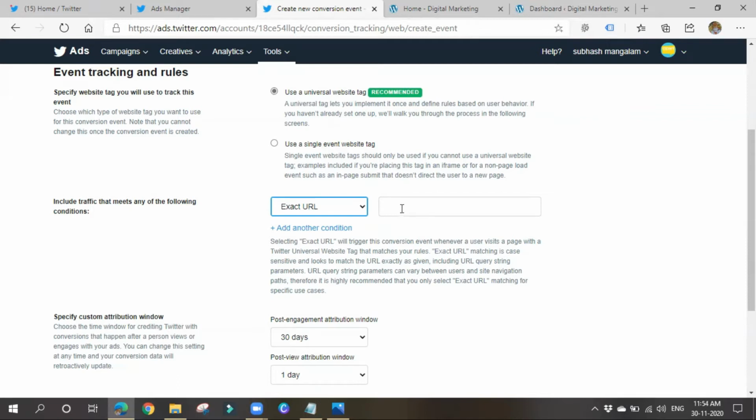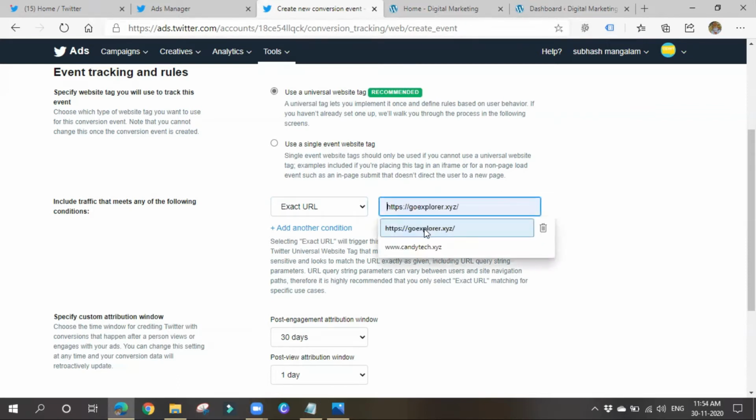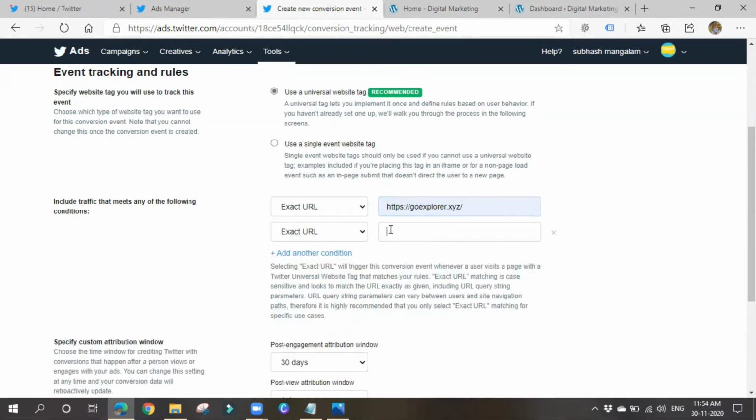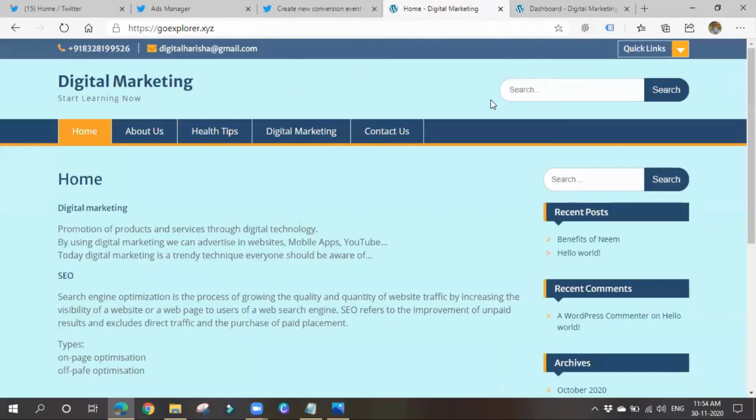So I want to track those people who went to my home page as well as my thank you page, which means they must have made a conversion. Only then can they navigate to my thank you page. You will not be displaying any thank you page on your menu. No one will be displaying it. So anyone who visited your site can navigate to the thank you page only when they make a conversion, only when they make some valuable action on your site.